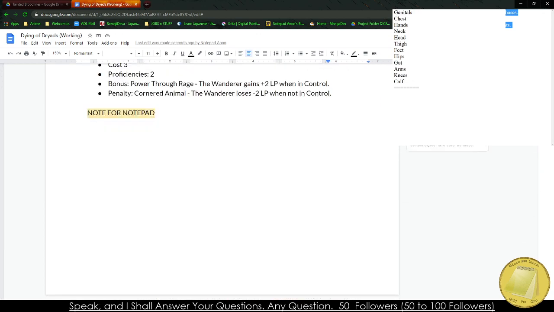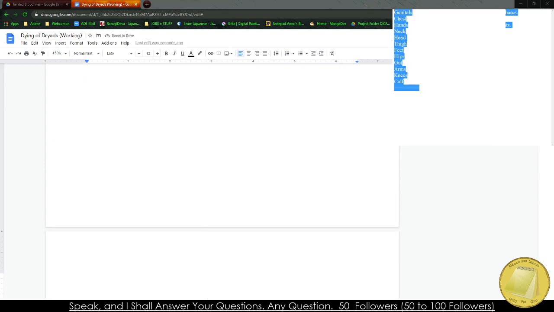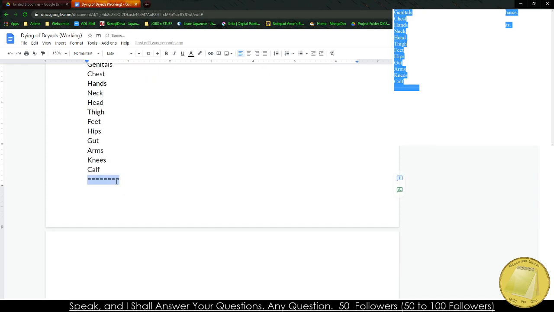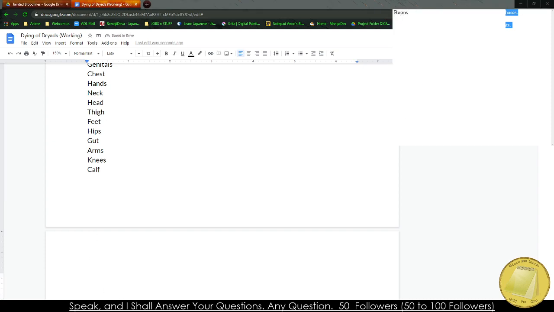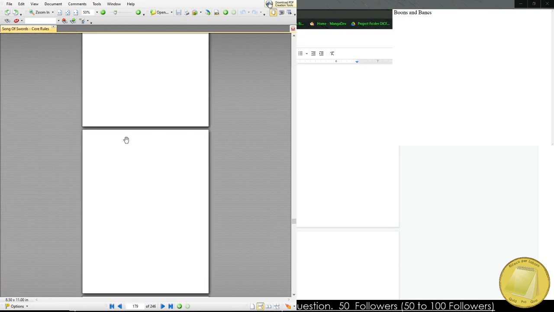Alright, here's another big one that's not going to be fun. So, Boons and Banes. I'm just going to post this right here so I don't forget about it. Boons and Banes in the original book are divided into quite a few different things, many of which have no value whatsoever, because seriously, who cares about, you know? So if I bring this back up, good old Song of Swords book, because again, this is what we have to